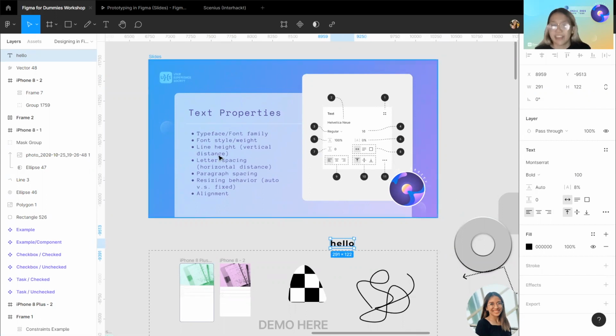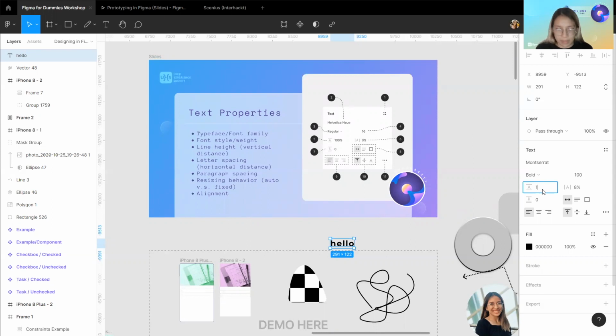Line height. So again, remember UX UI foundations, set the spacing around this. You can put this in different ways. I'm gonna put in percent. Kerning or letter spacing, that's the distance between letters, 10%. Paragraph spacing,